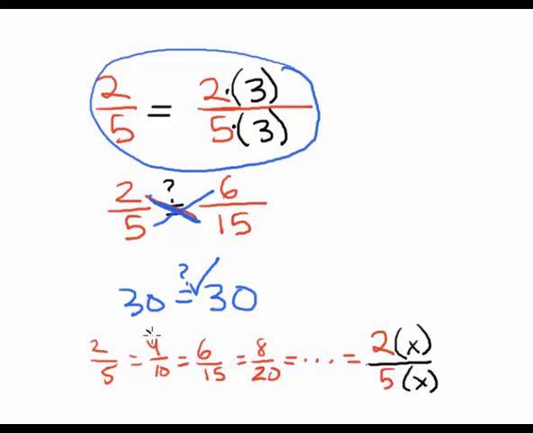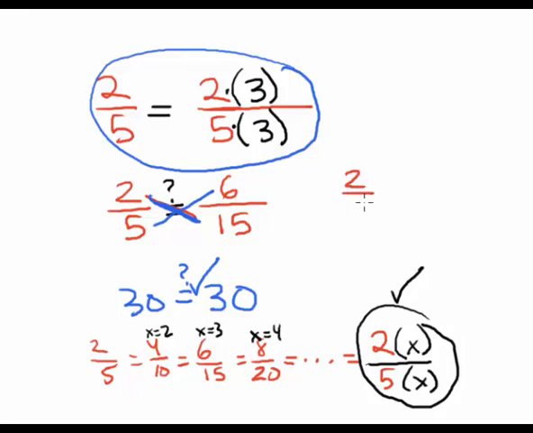Now that x could be, in this case, 2: 2 times 2 is 4, 2 times 5 is 10. In this case, x was 3. That's what we did up here, 6/15. In this case, what was x? 4. 4 times 2 was 8, 4 times 5 was 20. So in general, this works very well. This is correct, okay? But you cannot say that 2 over 5 equals, for example, 2 plus x